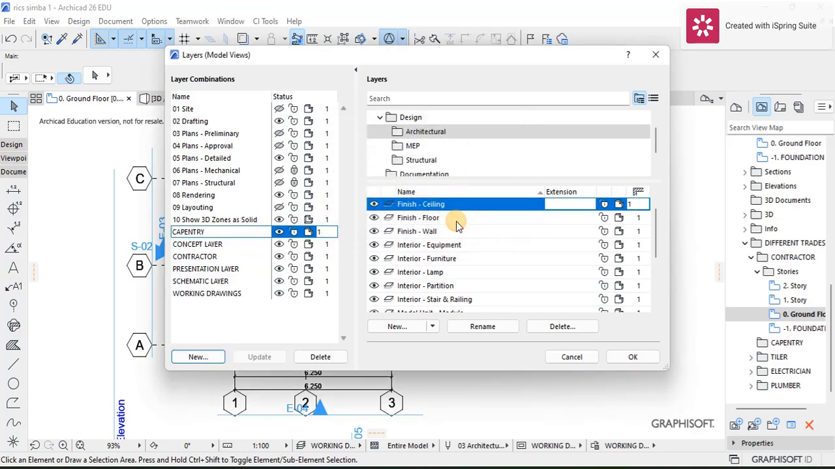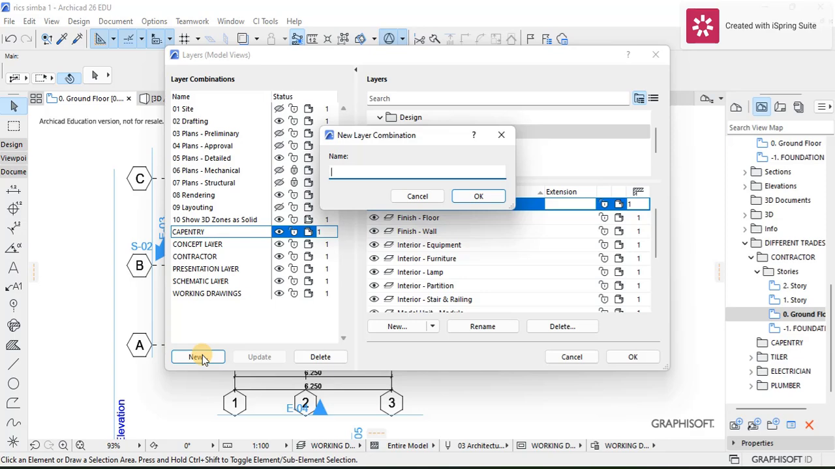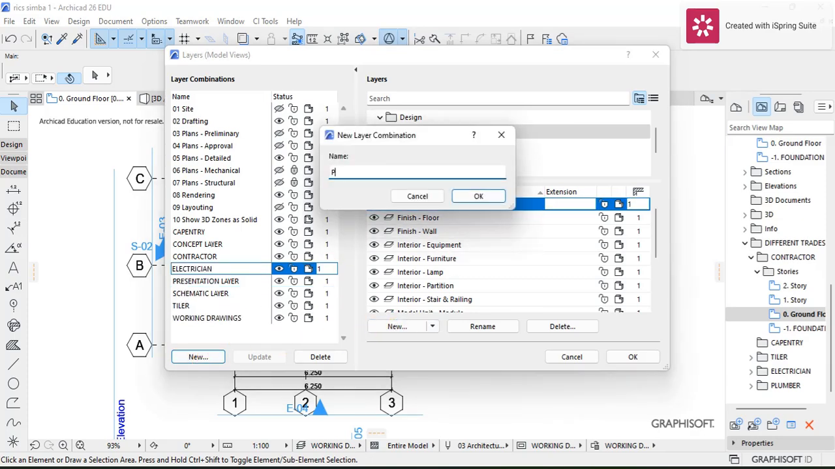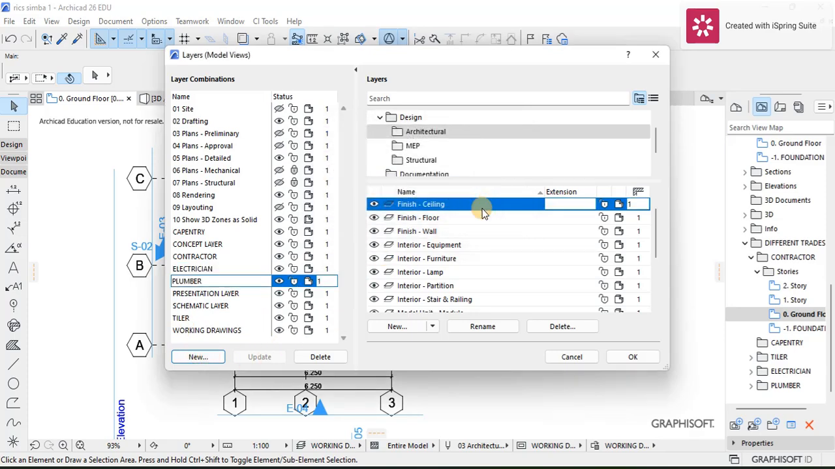I'm going to create a new one for the tiler information first, tiler, and then create another one for our electrician or the electrical engineer, and then the last one is going to be for our plumber. So we're just going to be manipulating these layer combinations so that you can only see what is necessary for each person. So for the contractor,